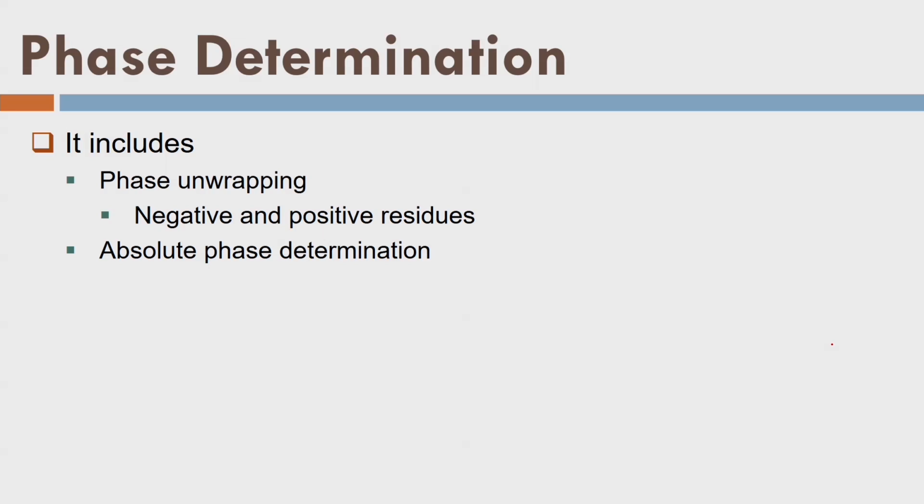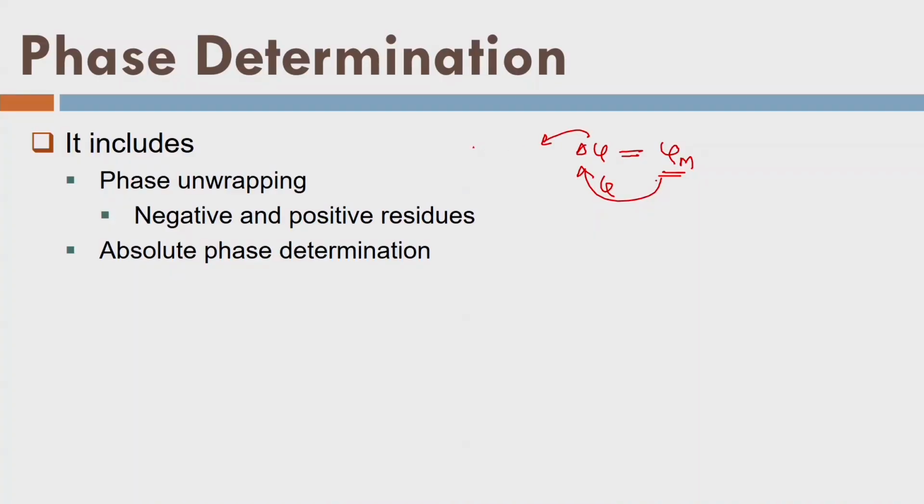Now we want to determine the phase also, because using the phase information we have determined the height. So we have basically converted a phase delta psi into psi m. Now I want to recollect this information from this. So that is called phase unwrapping. For phase unwrapping, there are many algorithms available. Someone who is really interested in phase unwrapping should refer to those algorithms. So that is the absolute phase difference.